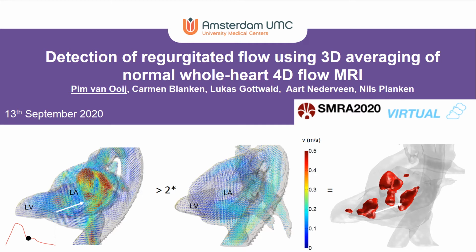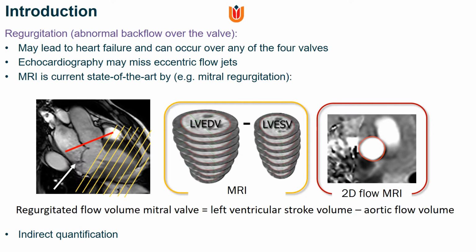My name is Pim van Ooij and I would like to present to you my work on detection of regurgitated flow using 3D averaging of normal heart 4D flow MRI. Regurgitation is abnormal backflow over the heart valves and may lead to heart failure and can occur over any